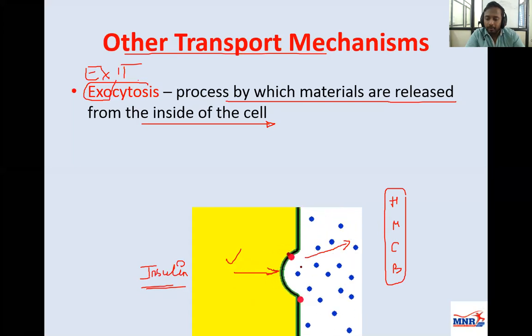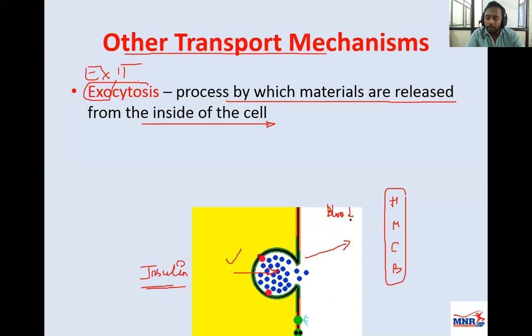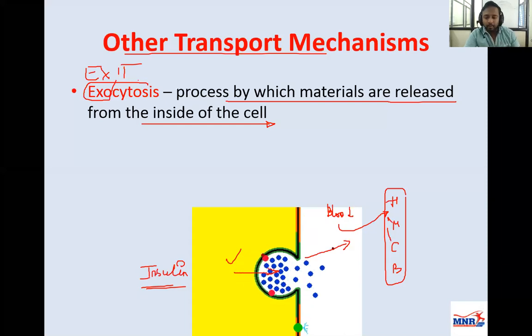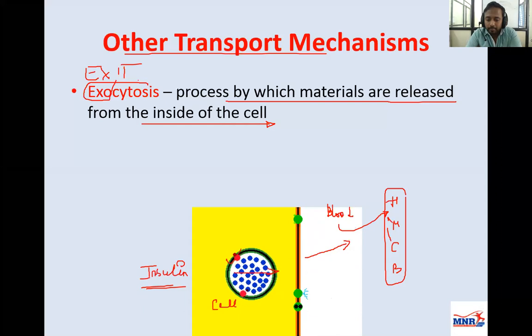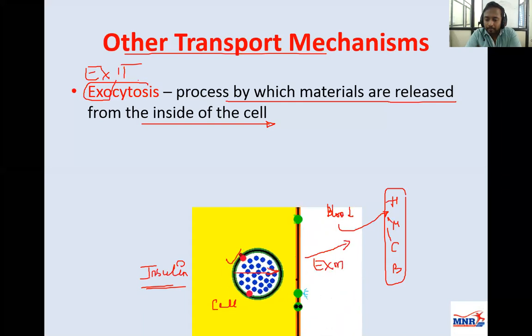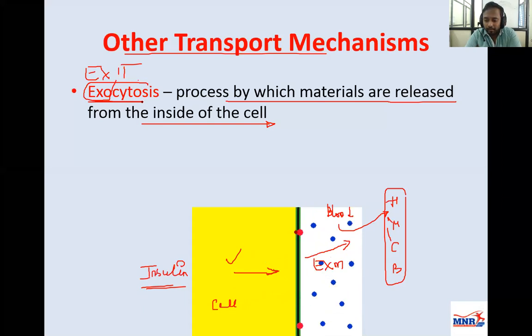First, it has to leave the cell and come into the blood circulation. Through the blood, it will reach all the peripheral organs, whatever they might be. So to reach the blood, it has to be eliminated from the cell. The cell should release this component into the blood circulation or extracellular matrix. That is the process called exocytosis.